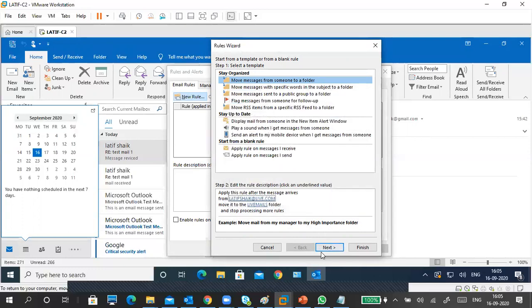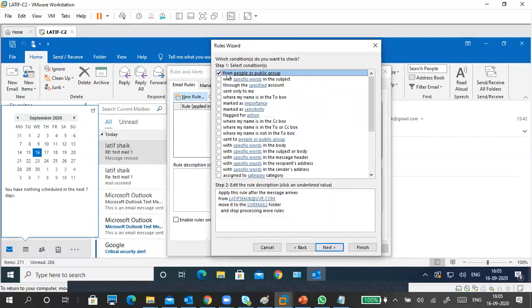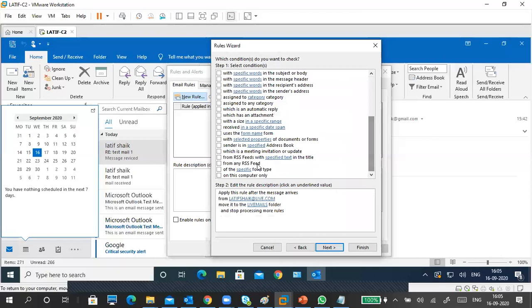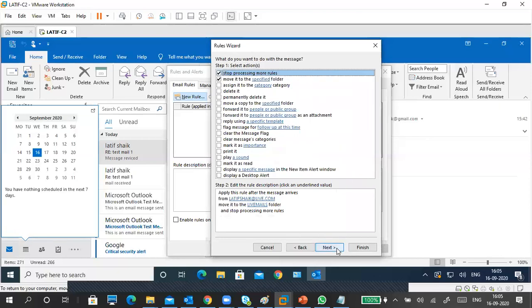Next, from people or public group, leave it like that. Already we gave the information, so you don't need to do it. If you want to give the flag options, send only to me, like this. There are so many other things also there. You want to modify, you can modify. Otherwise, leave it.